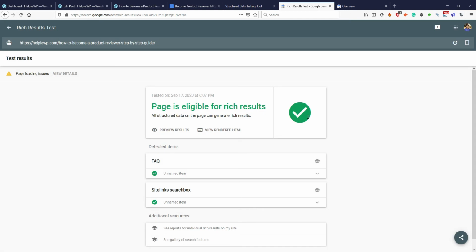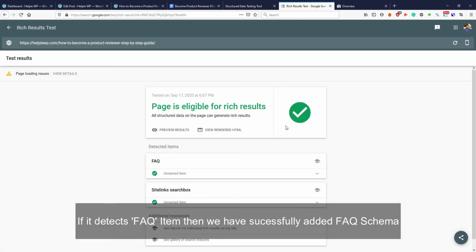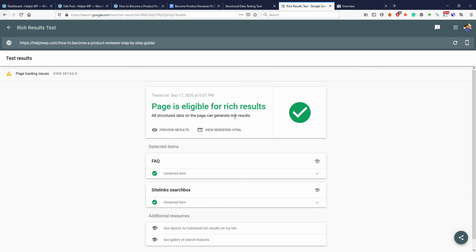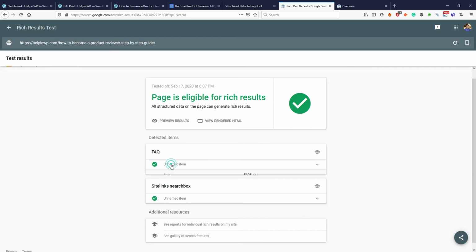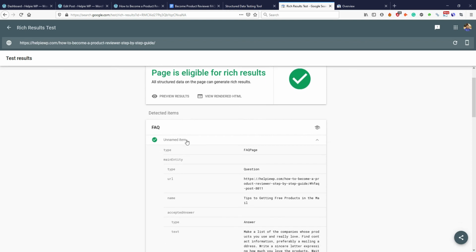Now we have got our results. Again, this says that our page is eligible for rich results. All structured data on the page can generate rich results. You can preview the results, and it also tells us that we have an FAQ item here.